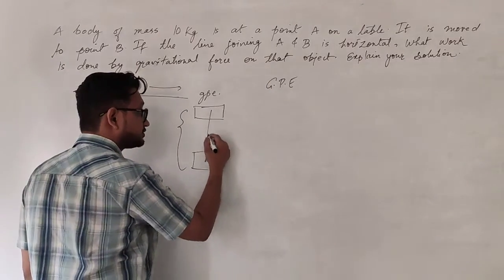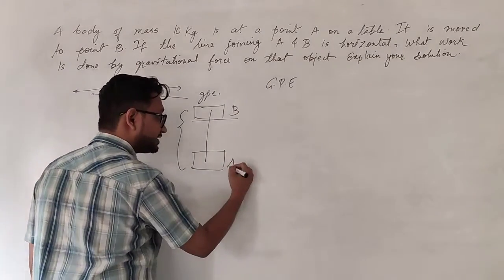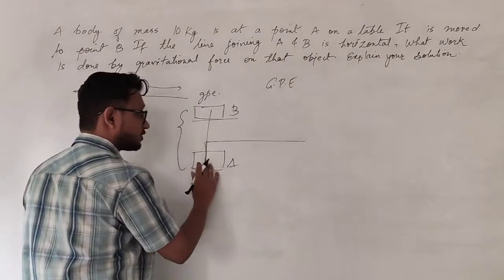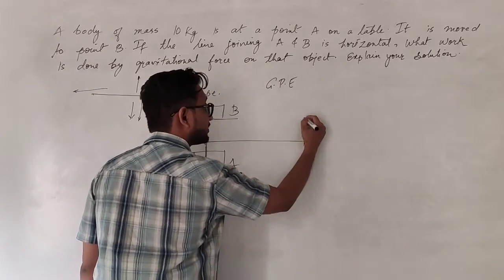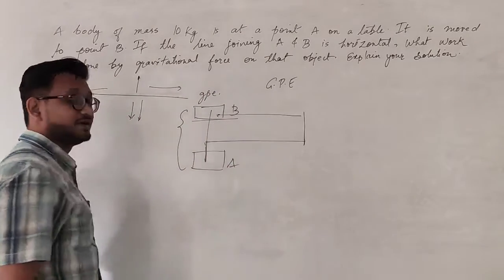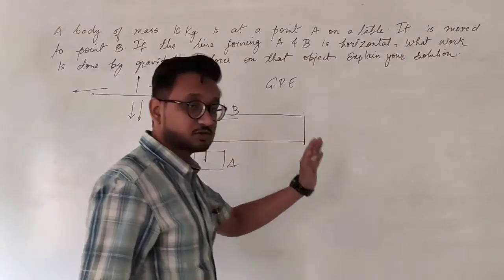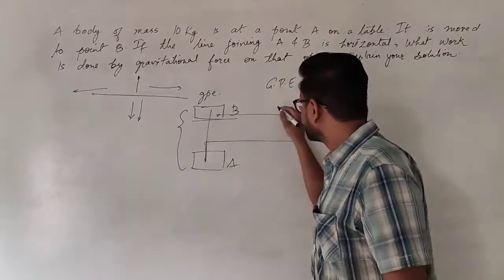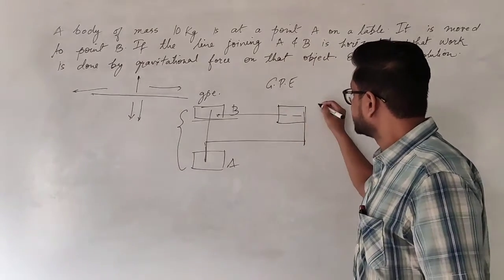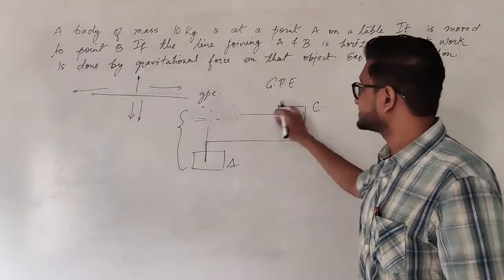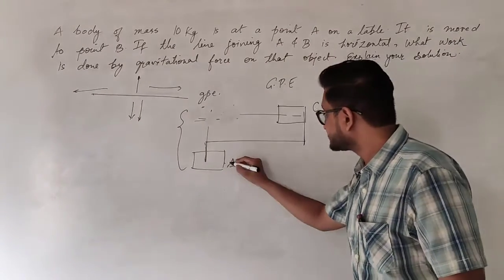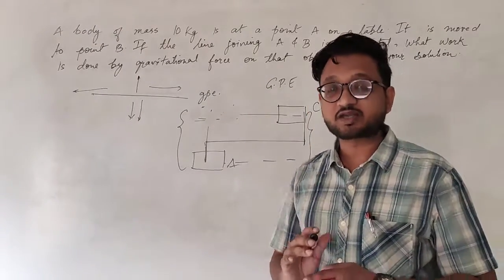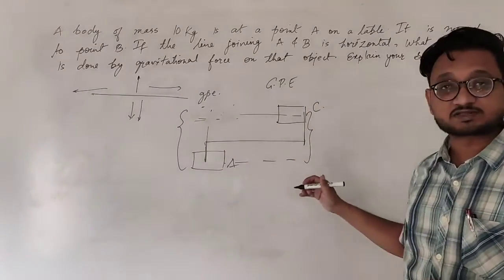If the object is going to this particular point B from point A, and we are taking this path, taking this object this much distance, then going upwards and then moving in this direction, it doesn't make any difference because the horizontal distance does not count. We only calculate the vertical distance. Even if that object was placed at this particular point C, once again, only the vertical displacement is calculated, not the horizontal distance.